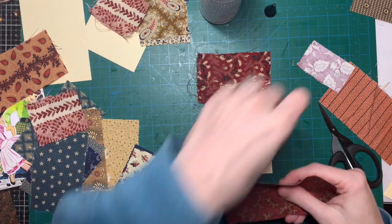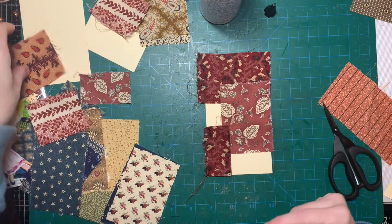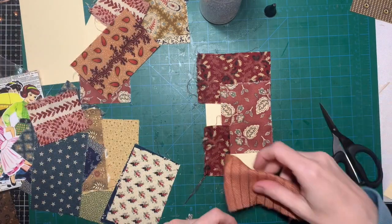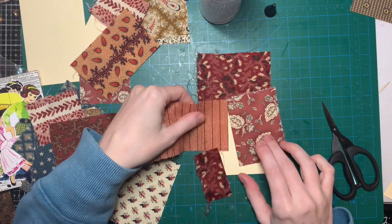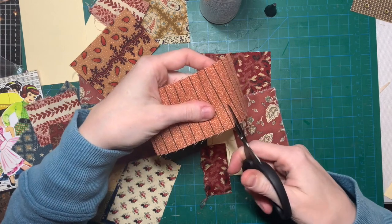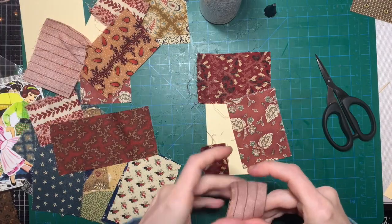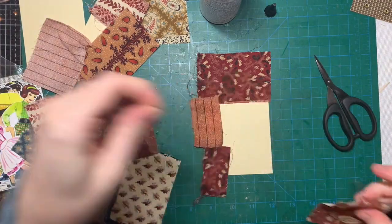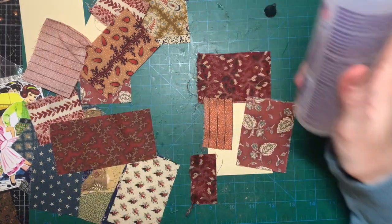Okay, I need 2 little pieces. How about this one? What else was I gonna use? This one? No. This one? I'm gonna stick... Okay, let's cut one of this off. Oopsies. Let's put this...